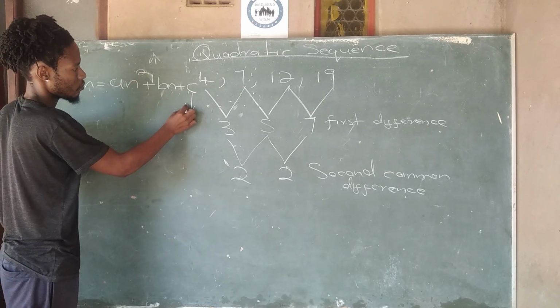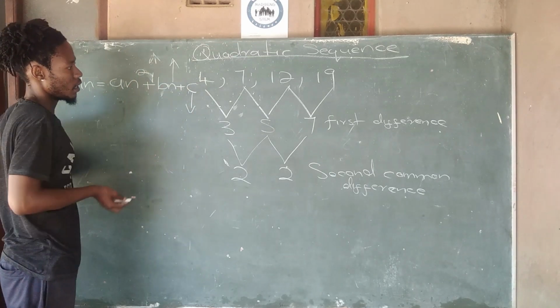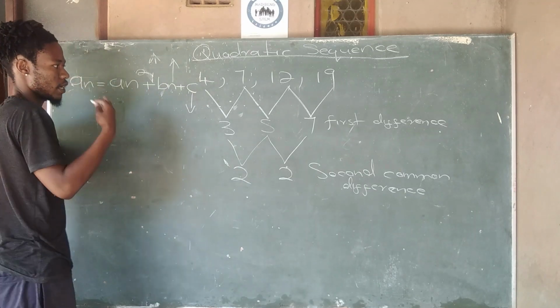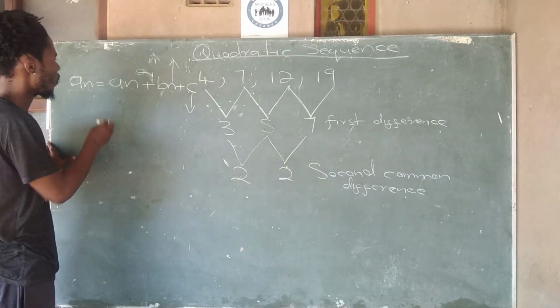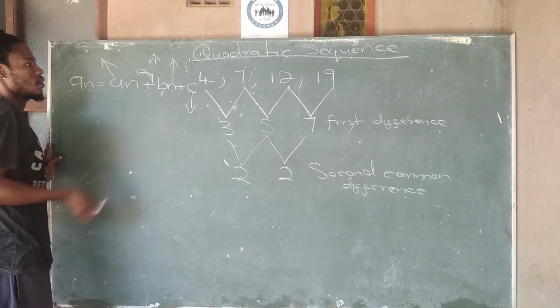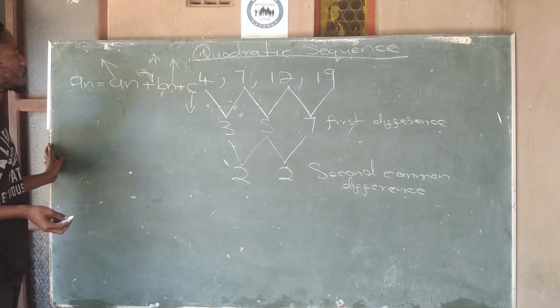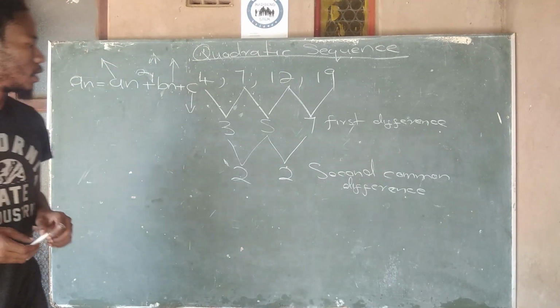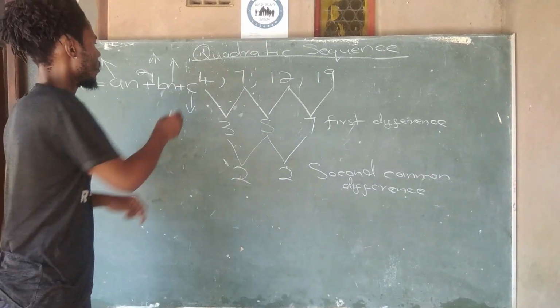This is a constant number. n stands for the number of the term you're looking for, and this is a constant. It's a first. This is a first